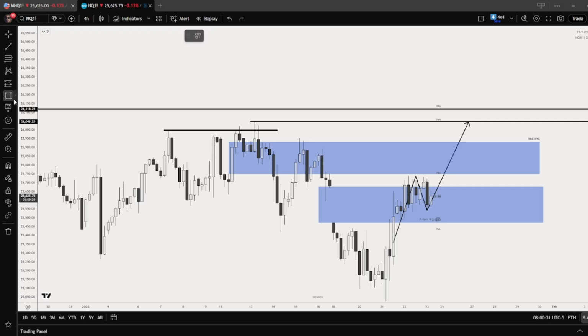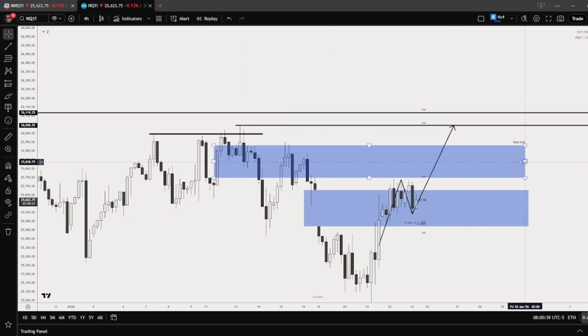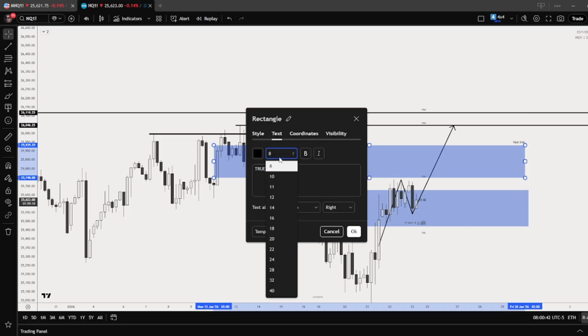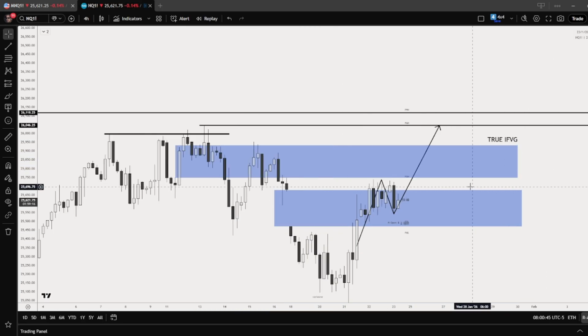And take a look how many reactions we had inside of it, which means this fair value gap, the speed array, is very crucial for IPDA. So pay close attention to how we're going to react in that area. It can provide us a cute retracement. And after the inversion, wait for the next expansion, wait for the next retracement, and take a long position,